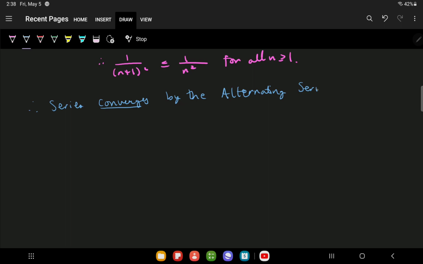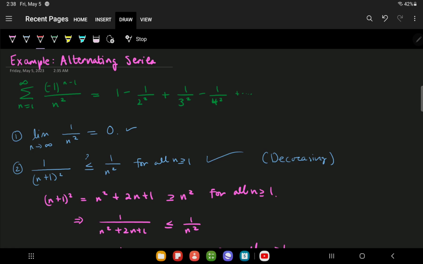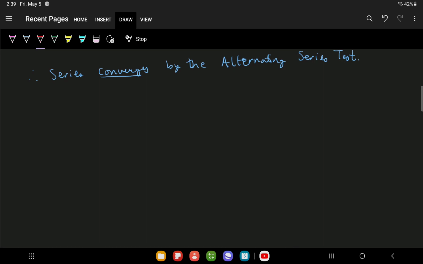But I can go one step further. We know this looks very, very close to 1 plus 1 over 2 squared plus 1 over 3 squared plus 1 over 4 squared, which just happens to be your p-series, where p is 2. Since we know that 1 over n squared converges,